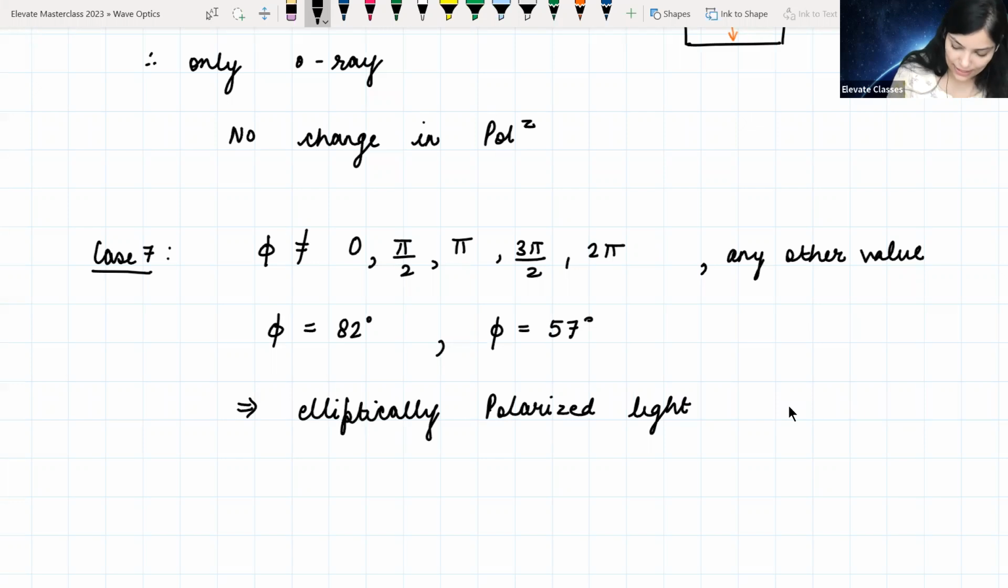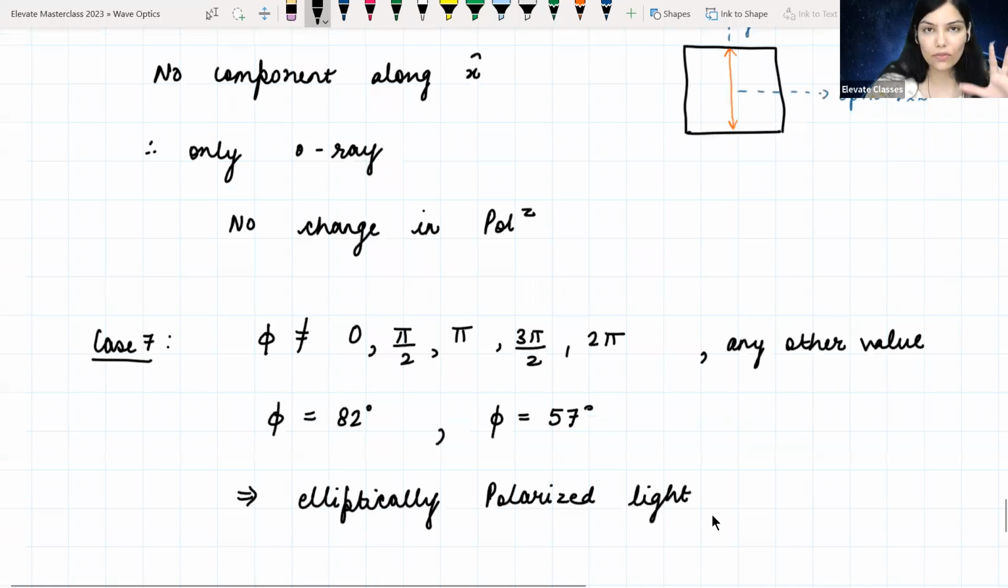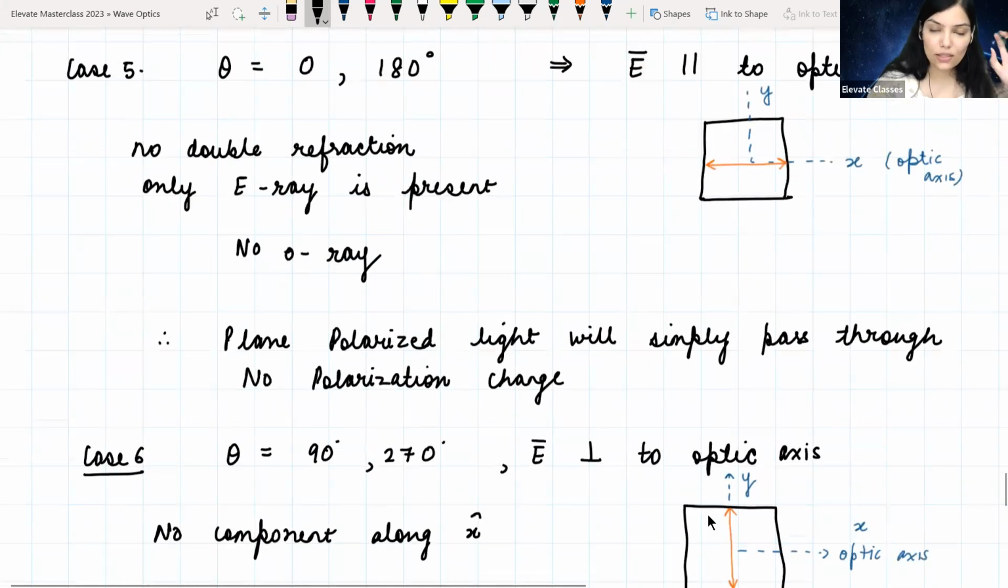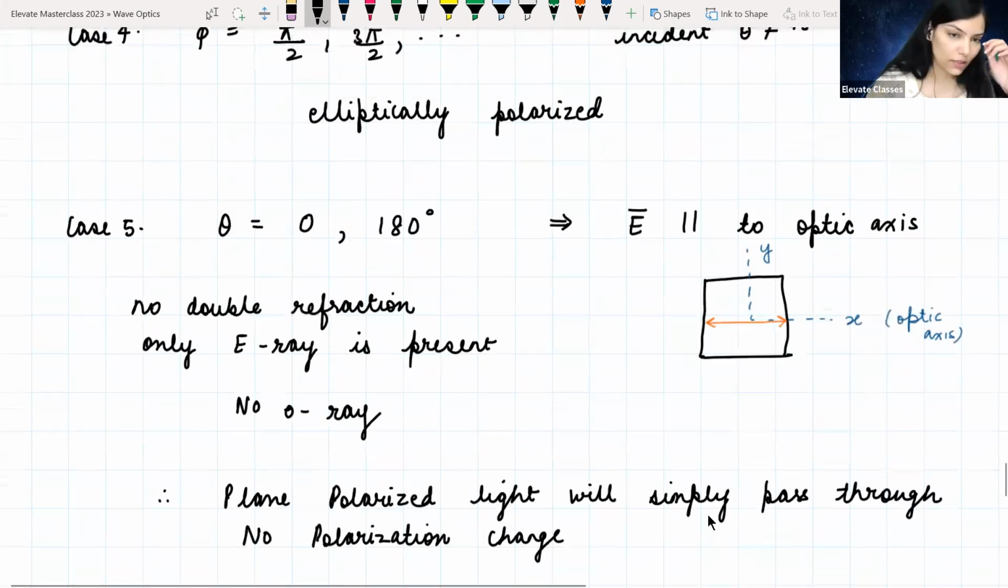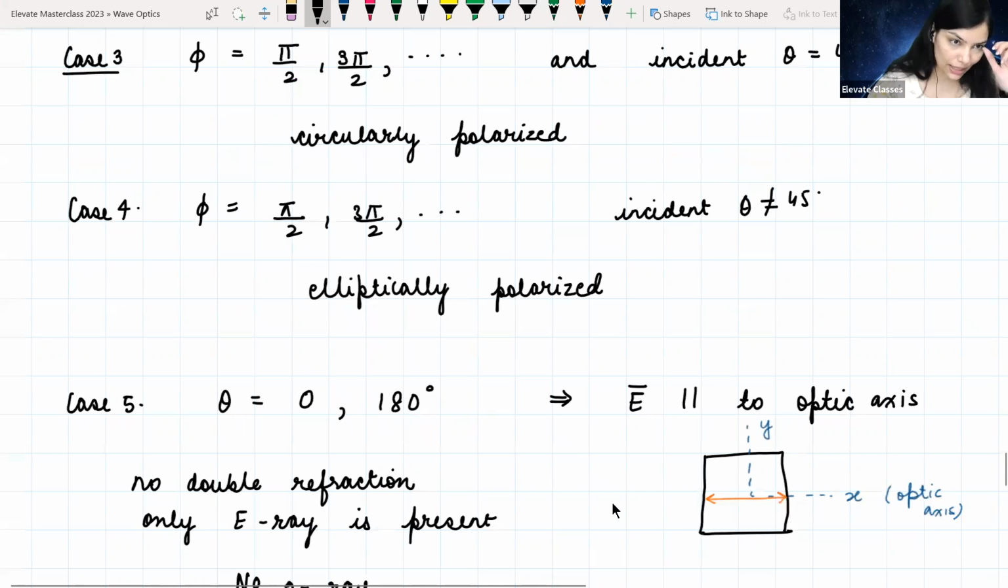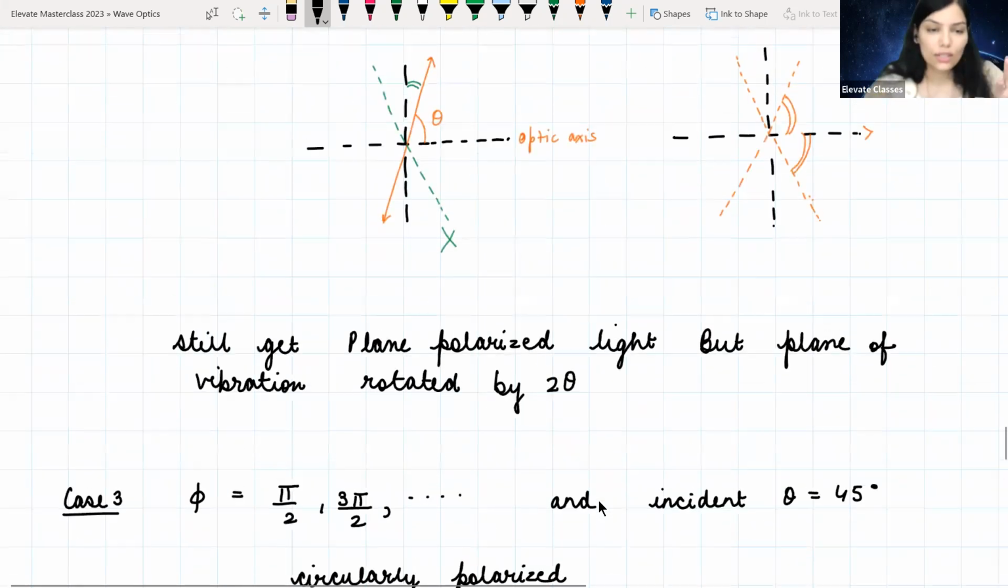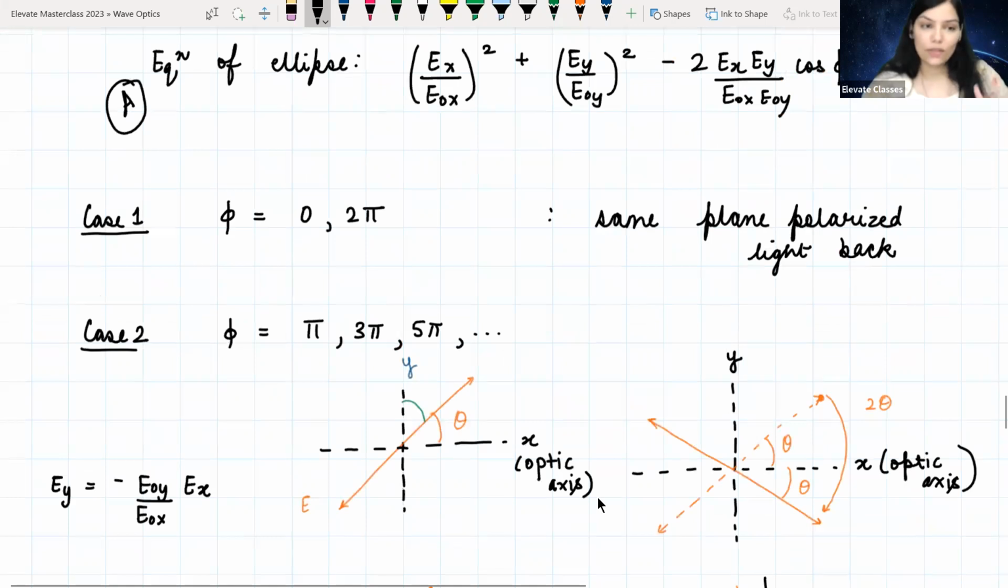Okay, so these are the cases. In a way, we have roughly covered what a full wave plate is, what a half wave plate is, and what a quarter wave plate is. But I'll also discuss it a little bit in the next class, and then we'll solve questions. काफी सारे करेंगे, so that we understand how to apply all this that we have studied. So case 1 is nothing but a full wave plate जो कहीं पे use नहीं होती है because it doesn't